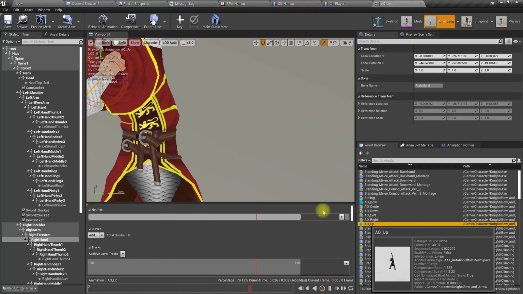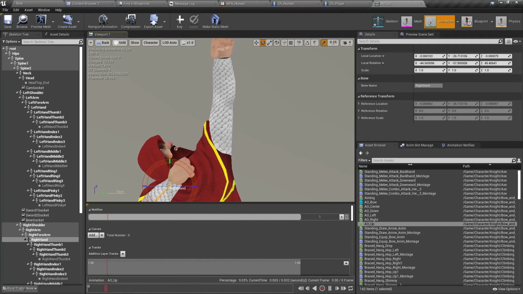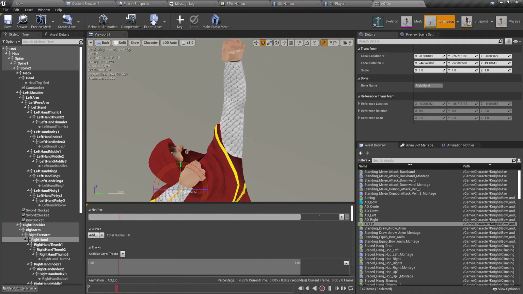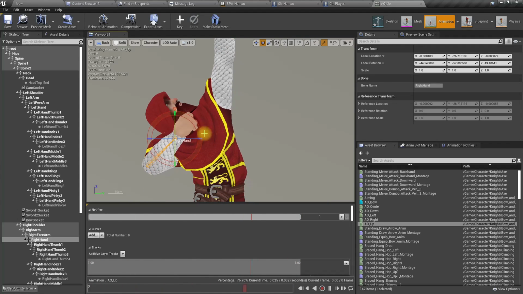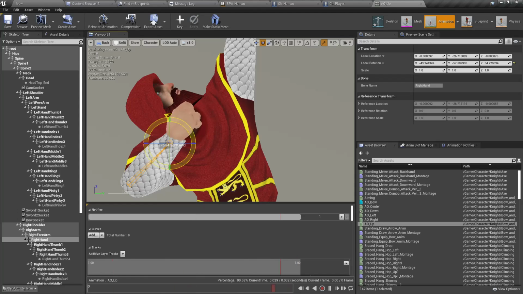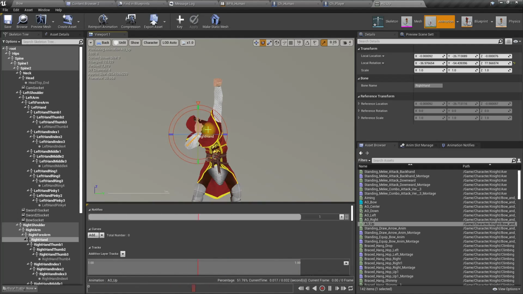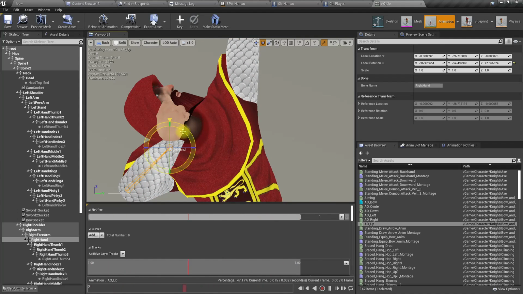And in the up, also the same thing should happen. Should be directly looking up. And apply.